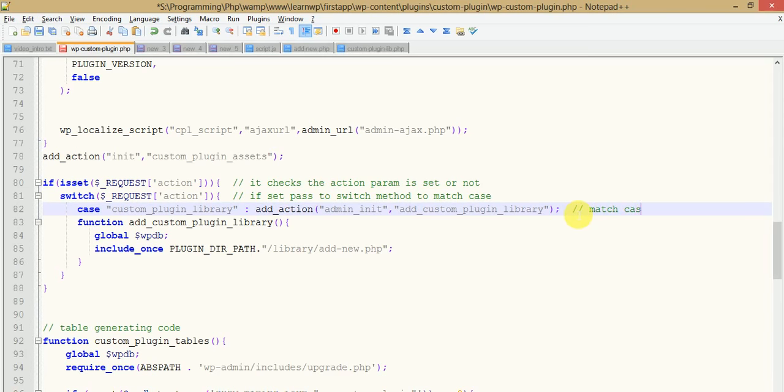This is the function attached with the action hook, and here is the Ajax handler file,